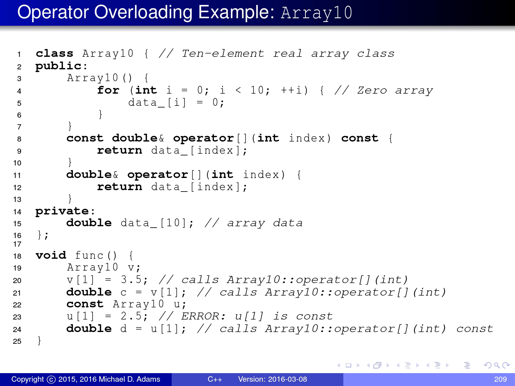On this slide, I have another operator overloading example. This one is for a class called array10. Essentially what this class does is it represents a fixed size array of doubles, where the array has 10 elements in it. So it's basically a fixed size 10 element array of doubles. And we have three member functions that are provided here. We have a default constructor for the class, which simply sets all the elements of the array to be 0. And we have